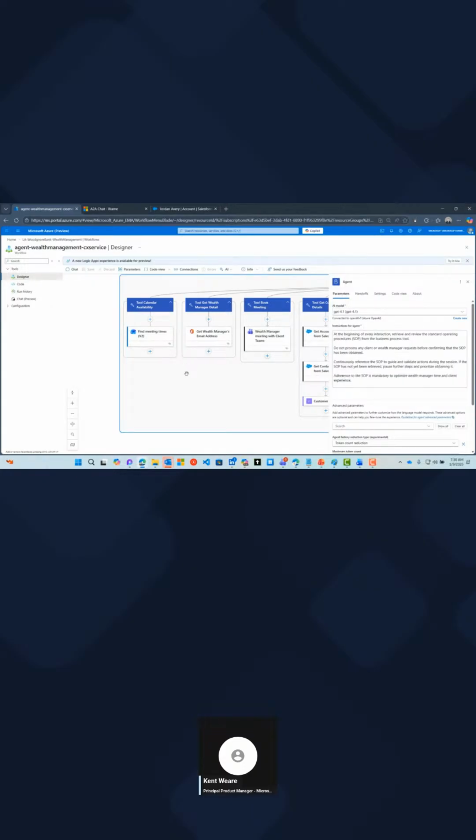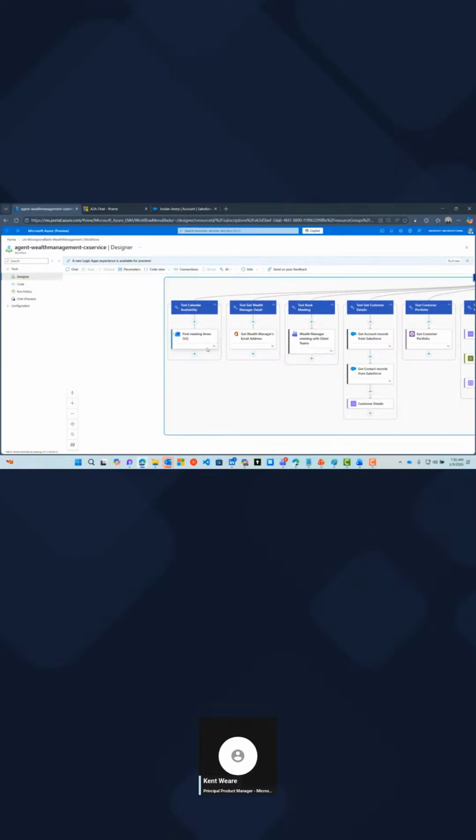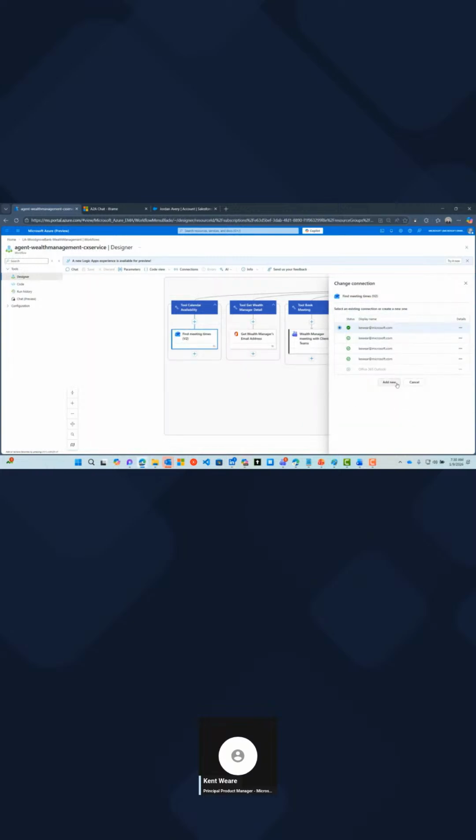Now, one thing to highlight here is you might be asking, great, what account do these actions run underneath? We have introduced a concept called on behalf of, which allows specific actions to run under the context of the logged in user that's using the agent. This is an example of one that we've enabled this for. If we add a connection, you'll see there's this create as per user connection.